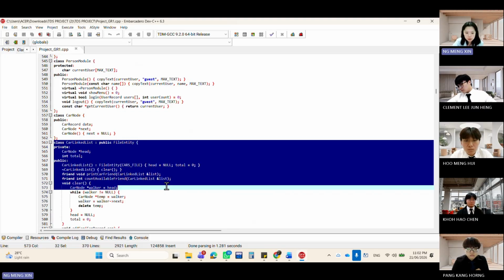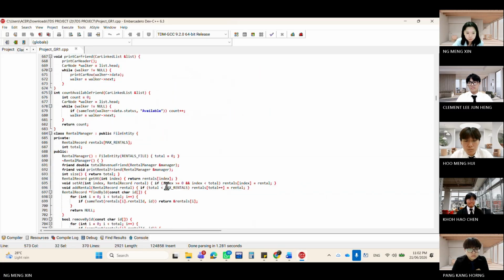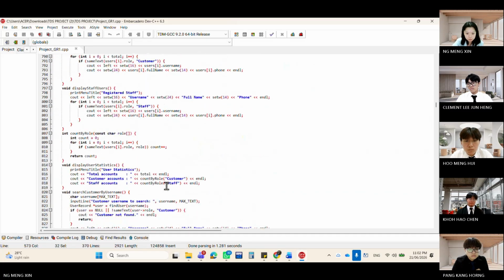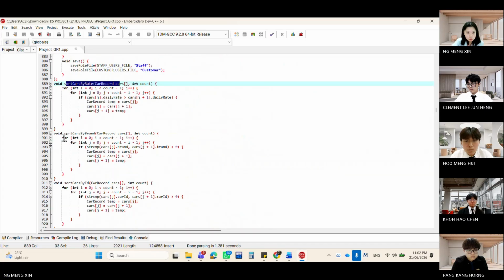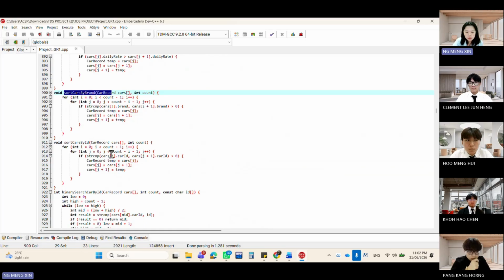So next one is sorting algorithm, bubble sort. So this is the sort. The algorithm compares adjacent records and swaps them if they are in the wrong order.